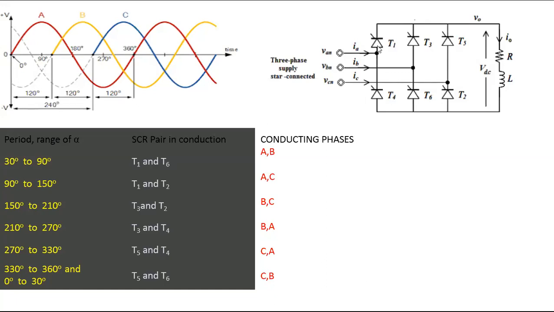Is it clear, all the students? Now this part is done. From A to SCR T1, you must write yourself, all of you. Then the current flows through the load, and from the load, where will it flow? That is the question. Now once again, you must see what case we have taken, 30 to 90 degrees.